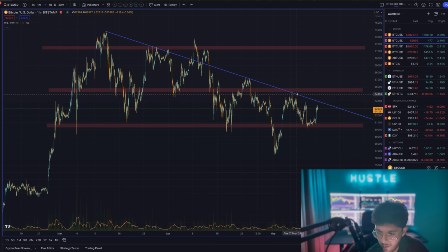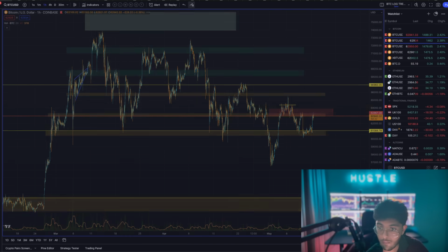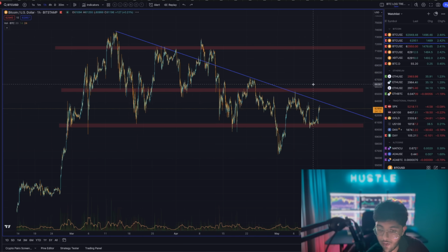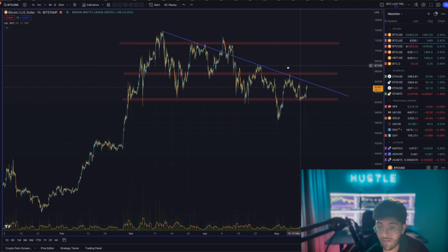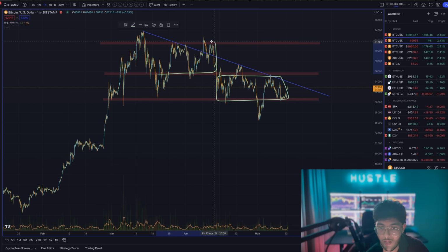So super cool setup here. Like I said, if we are able to get above some of these key levels, I think crypto and Bitcoin is going to be in a very good place in terms of recovering from this, because it no longer means that we're really pointing down, and it's going to mean that tides have started to shift, after we've spent so long in the bottom half of this range, right? Previously, we spent a lot of time in the top half of this range, but lately,